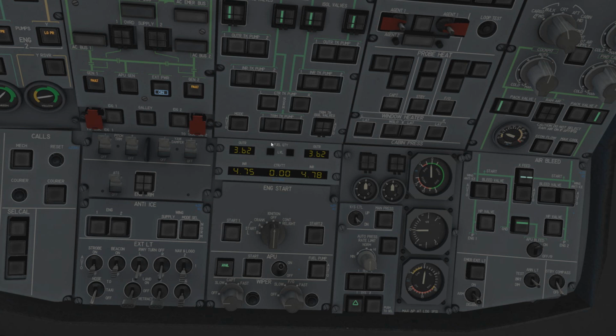Okay, now before we move on to how to start the engines, you need to configure your X-Plane in a certain way. So let's talk